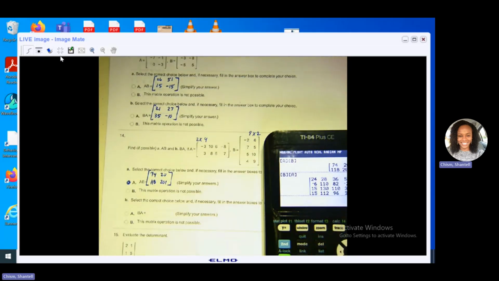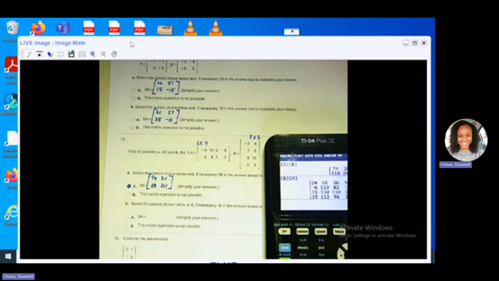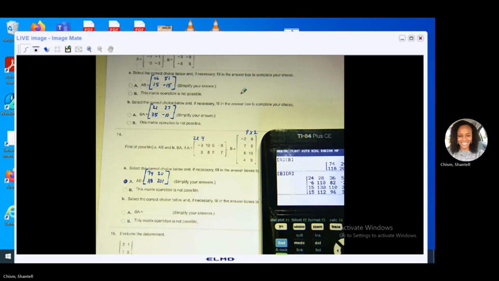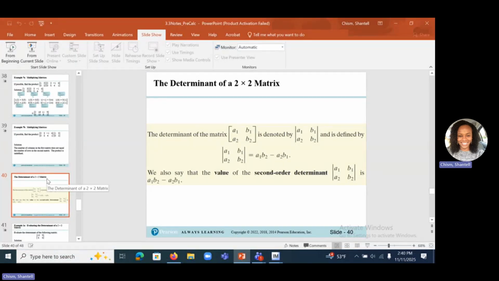All right. Let's see what's the last couple topics here, and I think we'll be done. Kind of gone a little longer than I planned. All right, determinant of a 2 by 2 matrix. So sometimes we want to know more about a matrix. Sometimes you'll be asked to find the determinant. It is denoted by